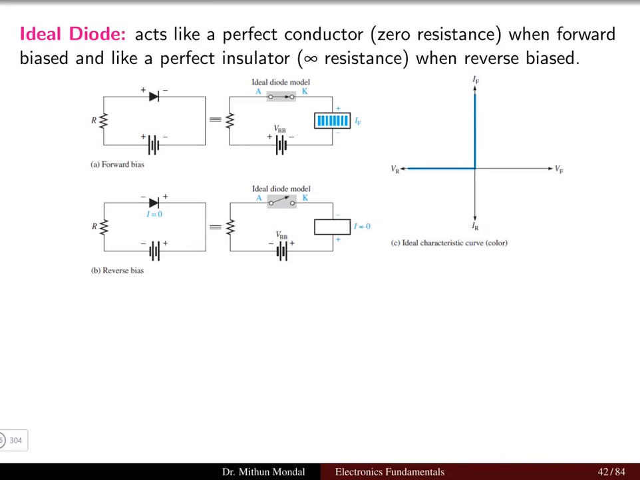What is an ideal diode? An ideal diode acts like a perfect conductor. Perfect conductor means zero resistance to the path of the current when forward biased. So if the diode is forward biased, then it is a perfect conductor. If the diode is reverse biased, then it is a perfect insulator. Perfect insulator means infinite resistance. That is known as an ideal diode. Either it will be a perfect conductor in forward bias or a perfect insulator in reverse bias,